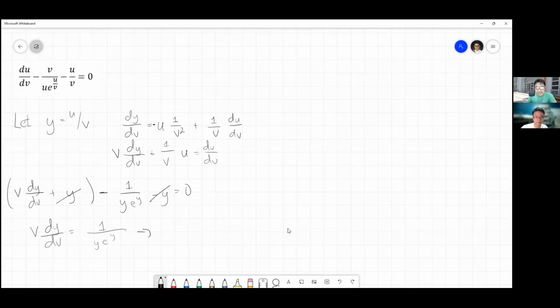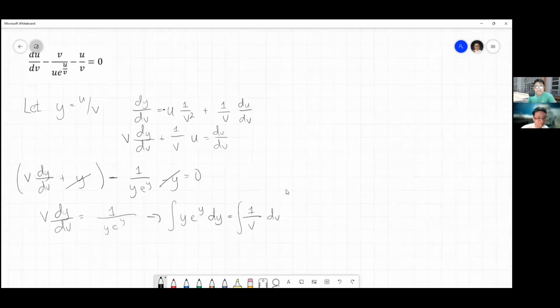So, ilipat lang natin tong y e to the y papuntang left-hand side, tong dv over dy natin, lilipat natin siya sa right-hand side para papunta to sa numerator. So, that becomes y e to the y dy equals dv natin, pupunta siya sa numerator. And then, tong v natin ay mapupunta sa denominator. 1 over v dv. And then, integrate nyo lang yan, both sides. Okay, so that becomes,